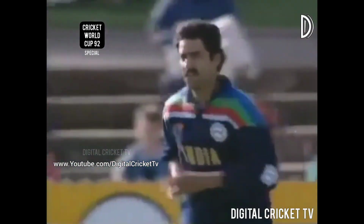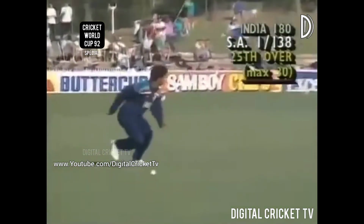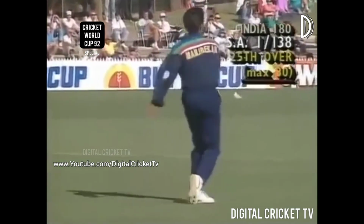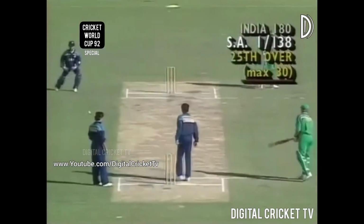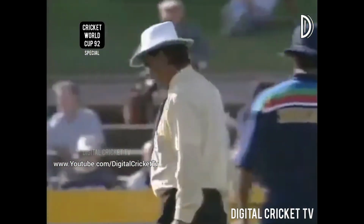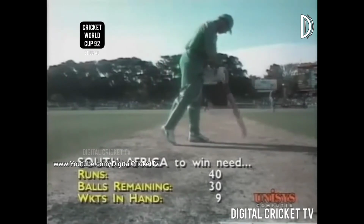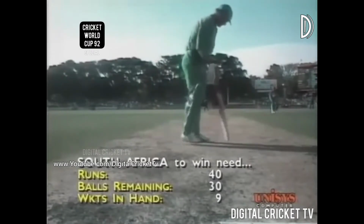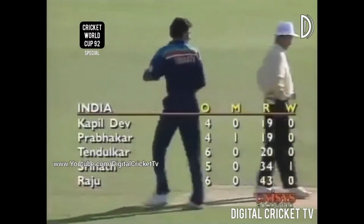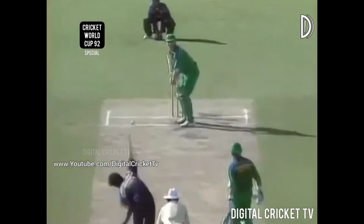Umpire gives a high hand, signalling 4 there. And no ball there. And this is a great over for South Africa. No ball called there. So they've got 8 runs and 2 legal deliveries. So that's a real bonus. So 40 runs needed now off just the remaining 30 balls. 9 wickets in hand. So Azharuddin has decided to finish with Srinath's overs now, so he's going to bowl his